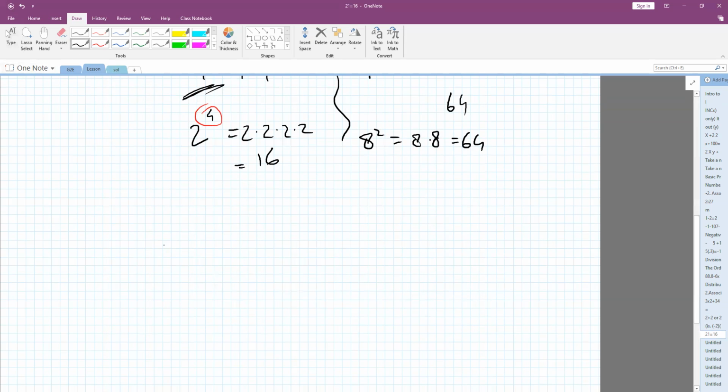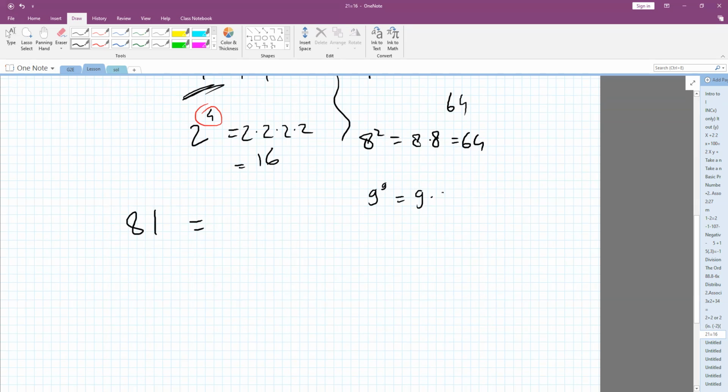Okay, now what about 81? Can you think of any number and then you put a power to it? 9 to the power of 9. 9 to the power of what? 9. No, you know, if you have 9 to the power of 9, that will be a very big number, because